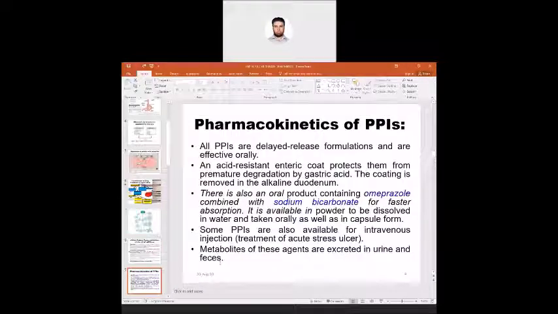So these drugs are formulated in a way to be released in the duodenum because those are alkaline basic drugs that need to be absorbed lower than the stomach in a pH which is higher than 7. So in order to have the proton pump inhibitors absorbed, we need to delay their absorption lower down until they reach the lower